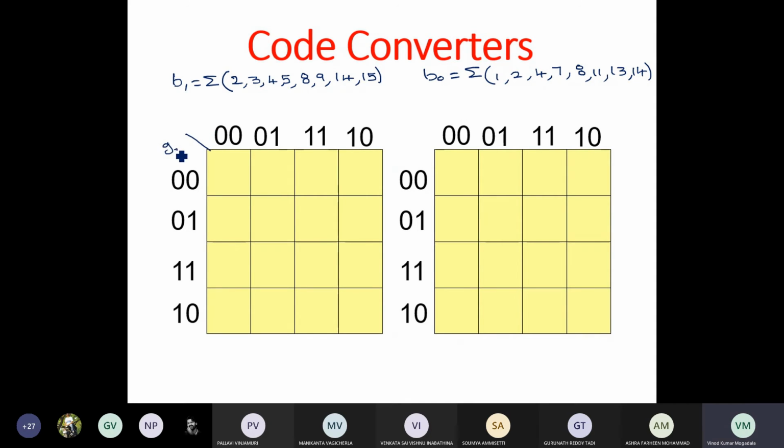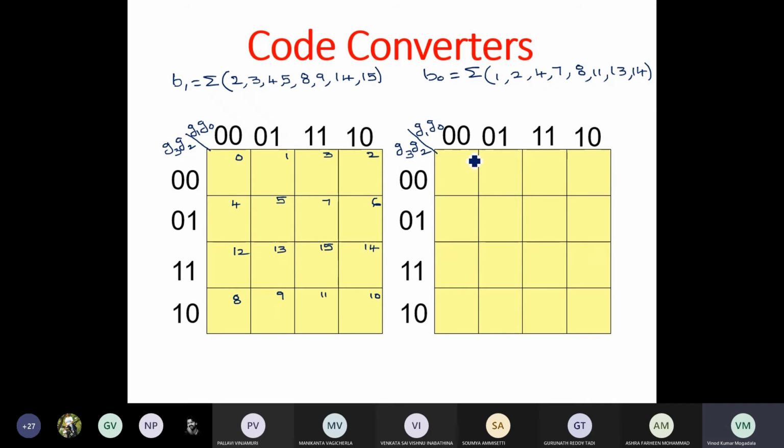So this is G3, G2, G1, G0, and here also G3, G2, G1, G0, and this is 0, 1, 3, 2, 4, 5, 7, 6, 8, 9, 11, 10, 12, 13, 15, 14.